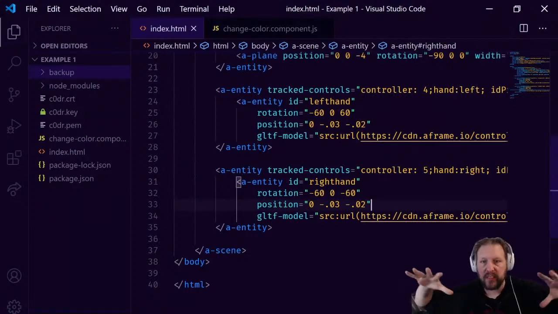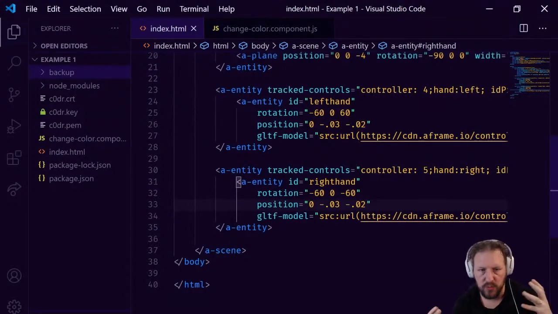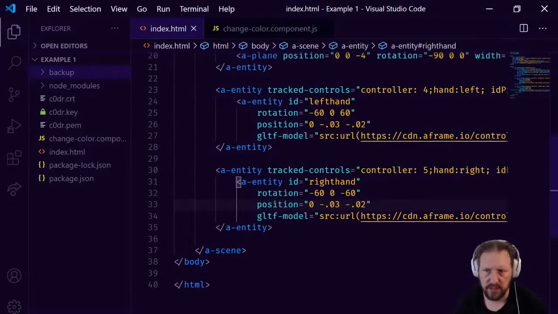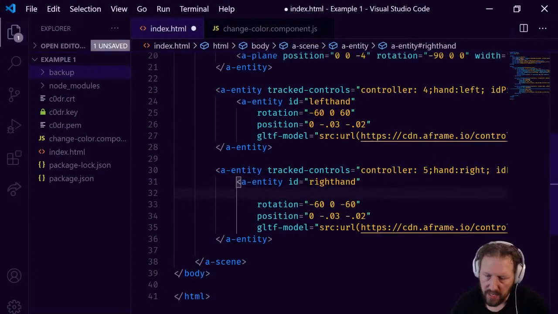Now to get the hands to actually do something, because we want to touch something, we can use a collider, but a collider is pretty heavy on the calculations. There is a simpler way of doing this, and that is using a ray caster. Just cast one single ray, and if something is touching that ray, we get an event, and we can listen for that event to anticipate on it. So let's add it to the right hand. So we're going to add the ray caster,